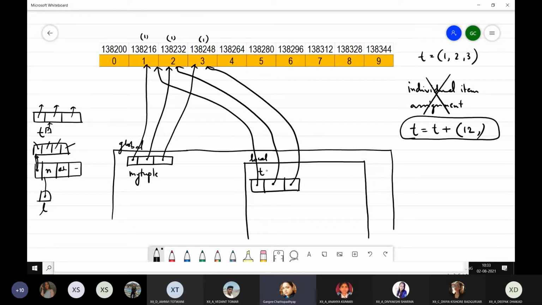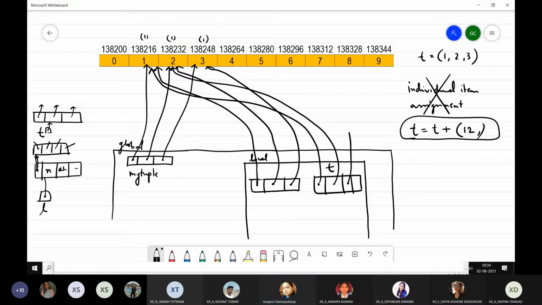T would now be pointing to another memory area, and a new tuple object would be created consisting of 4 different pointers, out of which 3 would be pointing to the original 3 values, right? And the last one would be pointing to 12. Somewhere over here, maybe 12 is there, right?